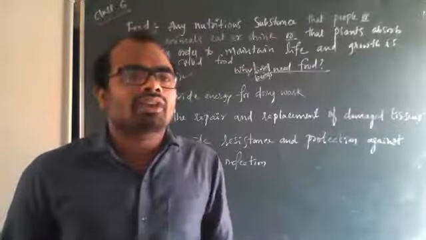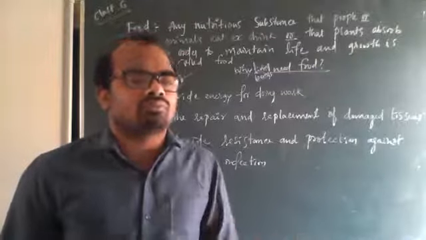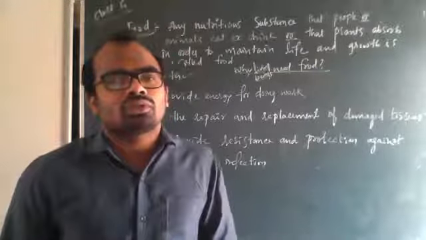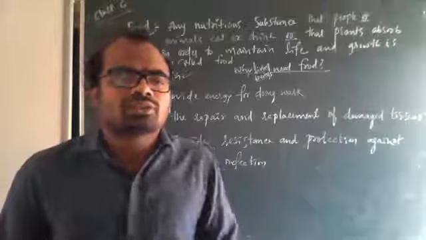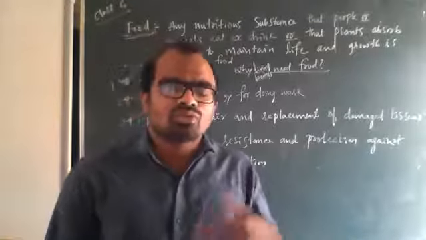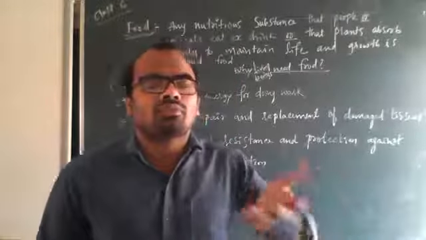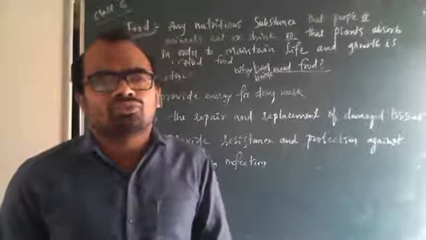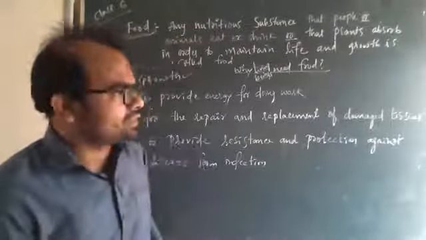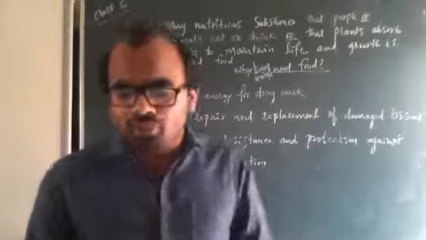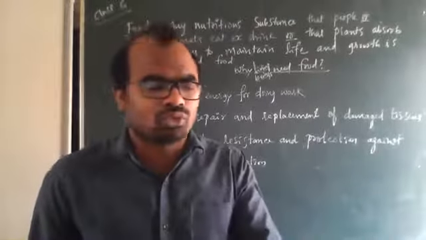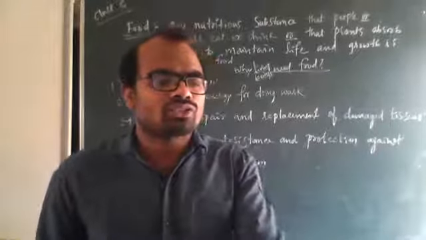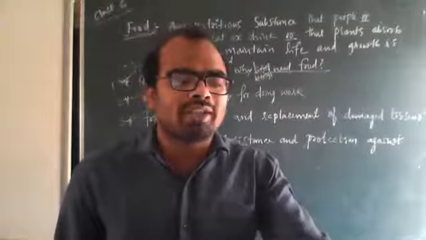So the food materials, if they come from a plant source, are called plant source foods. Some materials can come from an animal source, so those are animal source foods. For example, if you open page number 2 of your textbook, there are food materials and sources. Of course, there is one table.